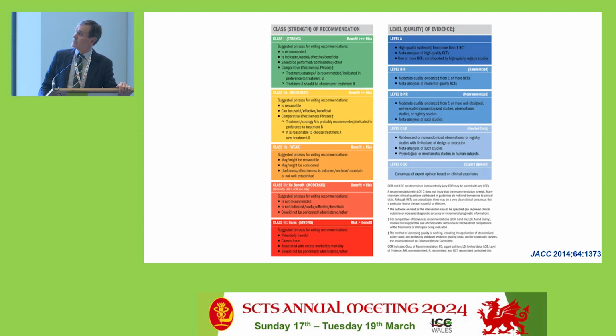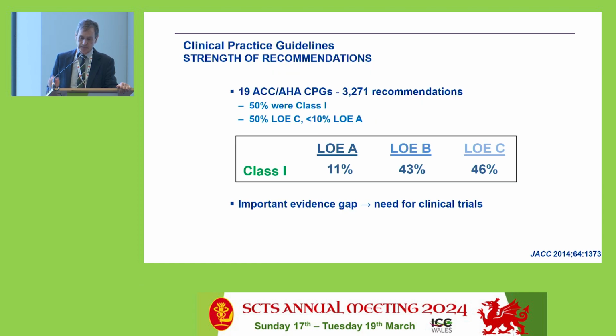So here again we can see where the level of evidence and the strength of the recommendation occurs that was used for these two studies. There was a study done looking at 19 of the ACC/AHA guidelines other than this aortic one. There were 3,271 recommendations. 50% were class 1. Only 11% of those class 1, however, were level of evidence A, which is the most strong level of evidence based on multiple randomized studies. And what the group determined was that there was an evidence gap,